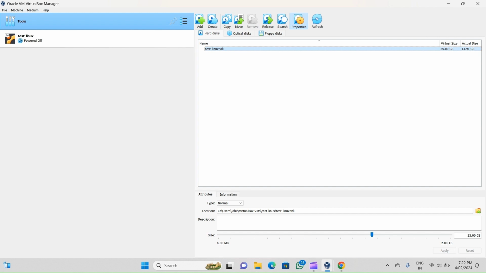Now if you look at the attributes of this disk, you can look at things like what type of disk this is, where is it stored. You can add a description to this disk. You can look at the size and change the size. For example, I can use the slider to add more storage to this disk file, but I'll reset it to